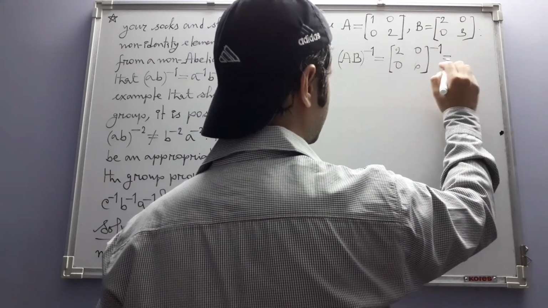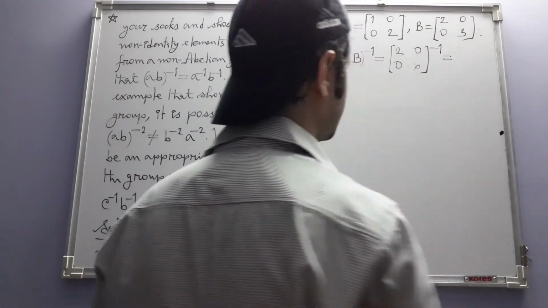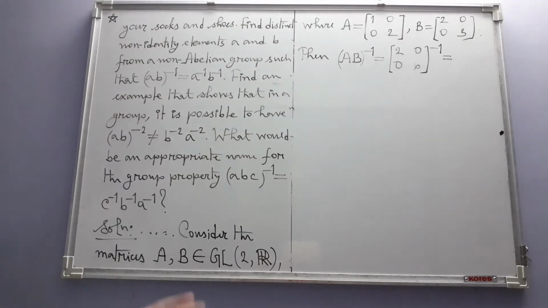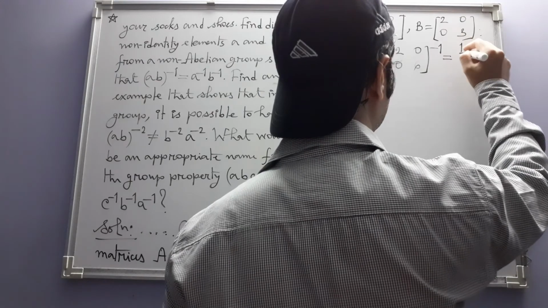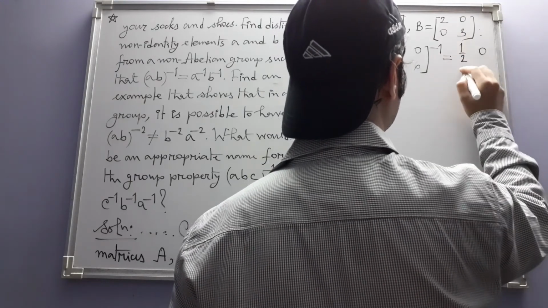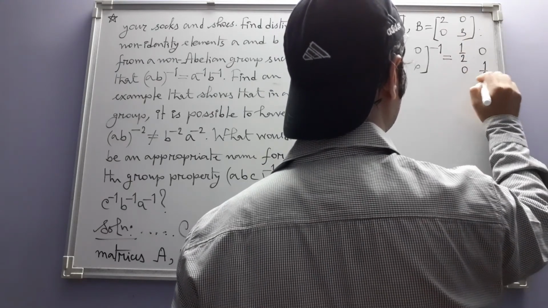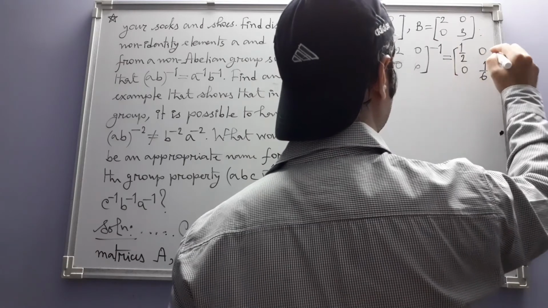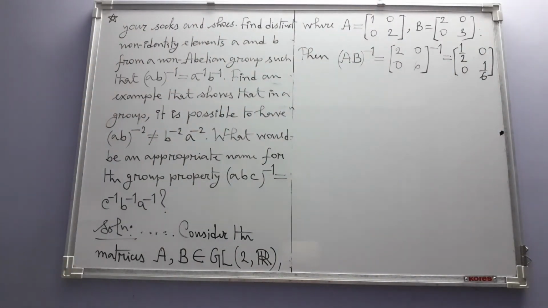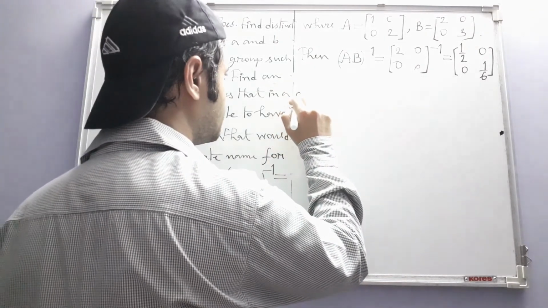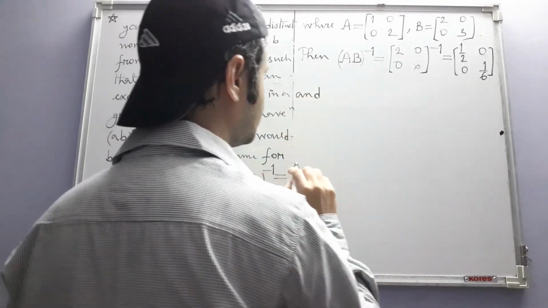Diagonal matrices are as simple as matrices can get. Their inverses are also very simple. You just have to take the inverses of the diagonal elements. So it's equal to this,